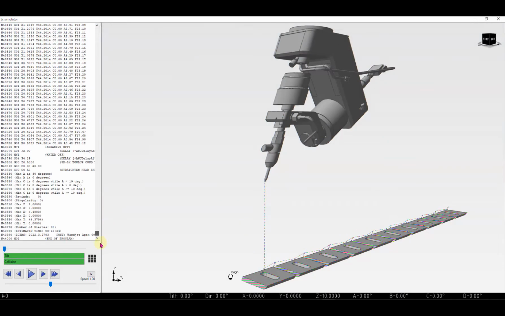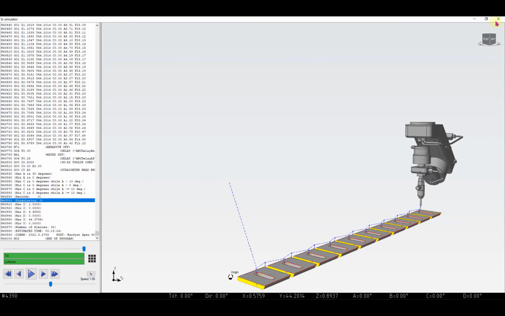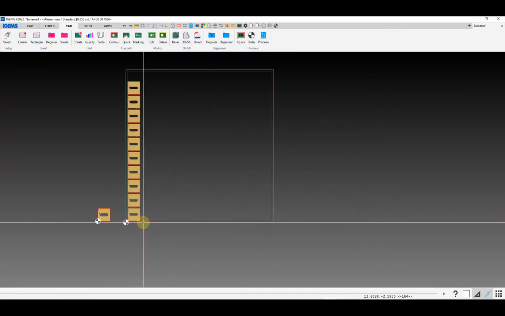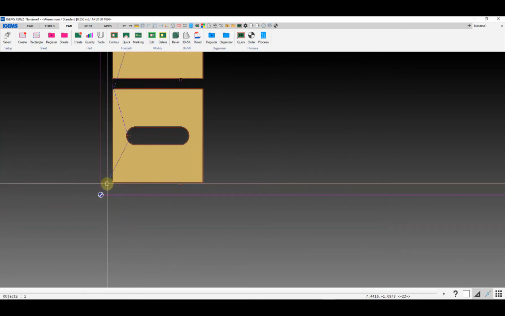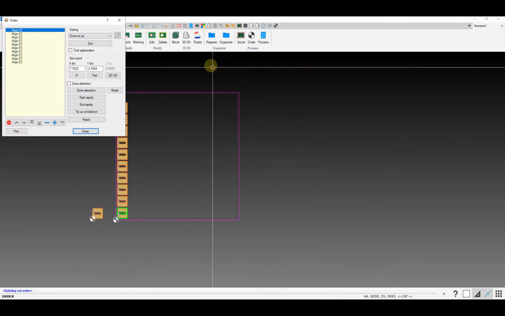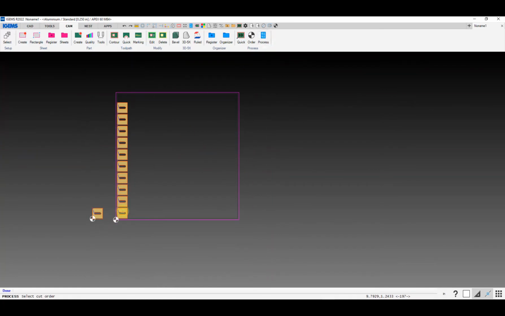So if we go down to the bottom here, got no rewinds, no singularities on that entire nest. That's good. So if you were to forget that step as far as changing that Z on the nest, I have built a warning into the post processor. So if I just were to click close at this point and then go and process it,